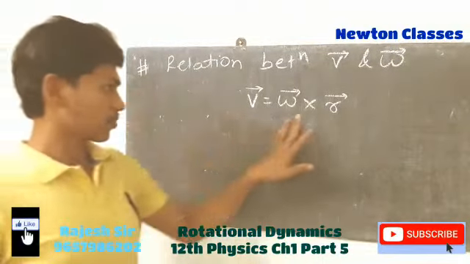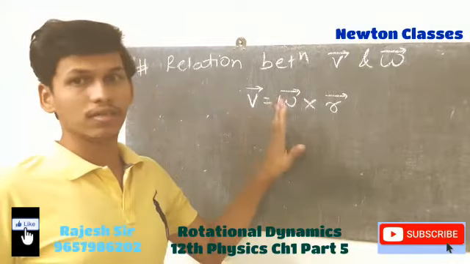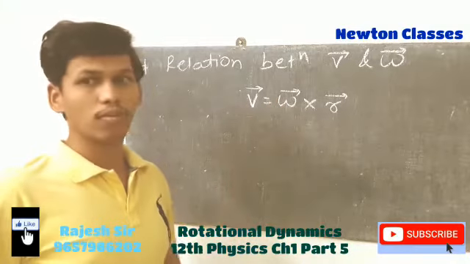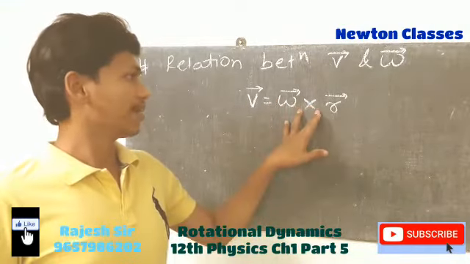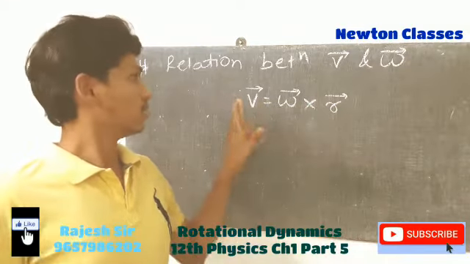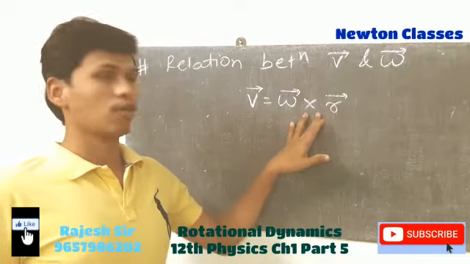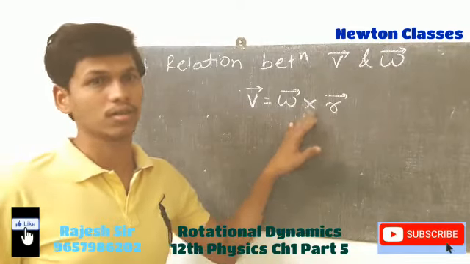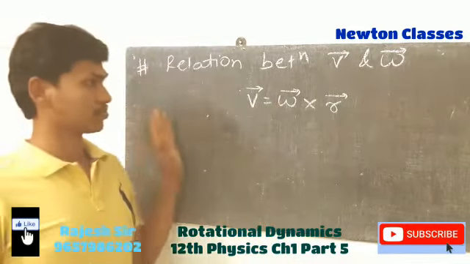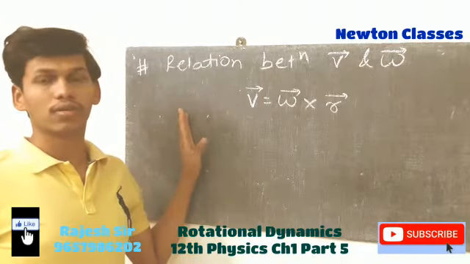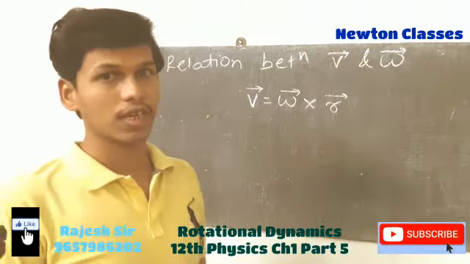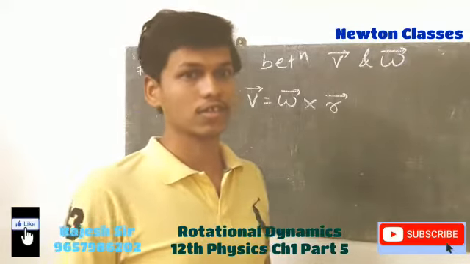Now this multiplication, why do we write it in this vector form? Because as the multiplication of the two quantities gives a vector, then such a type of multiplication we write in the form of cross product. Now next, we have to find out the direction of angular velocity and angular acceleration.